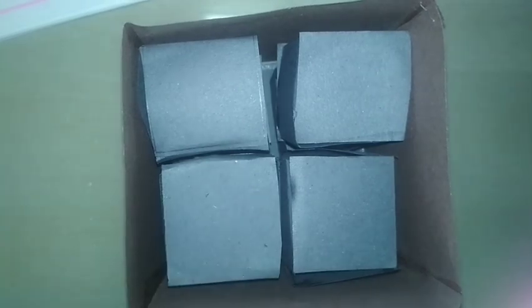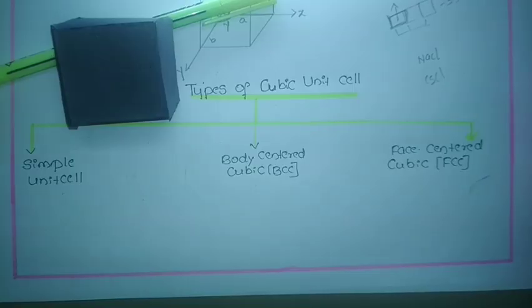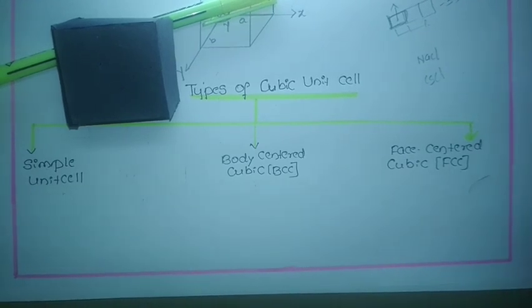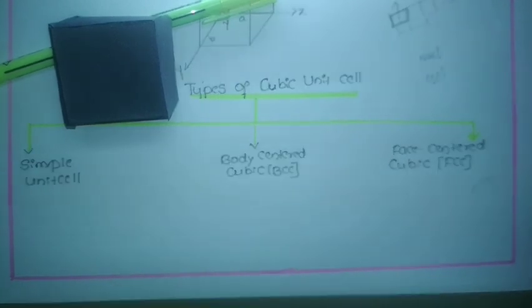Now, as I told, in this unit cell we have all the sides equal, so it is a cubic unit cell. We can call it a cubic unit cell. As we were discussing the types of cubic unit cell, each and every point here is very important for your competitive exam, so please concentrate. Later we move to the shortcut method. See here, types of a cubic unit cell: three types, simple unit cell, body centered, face centered.